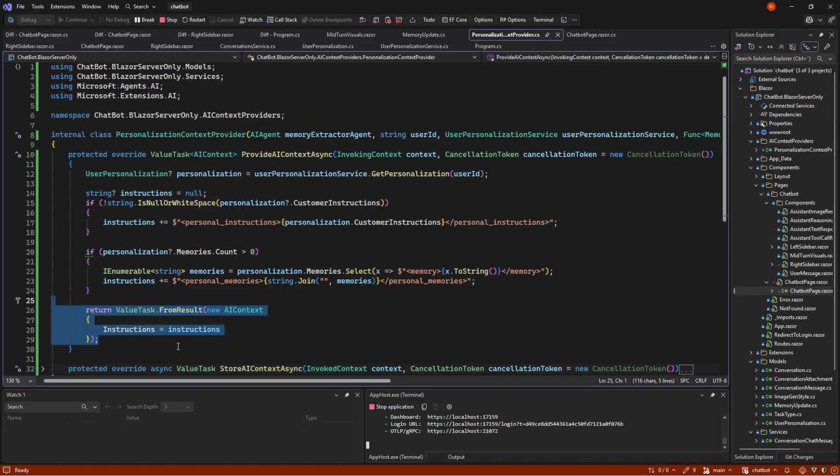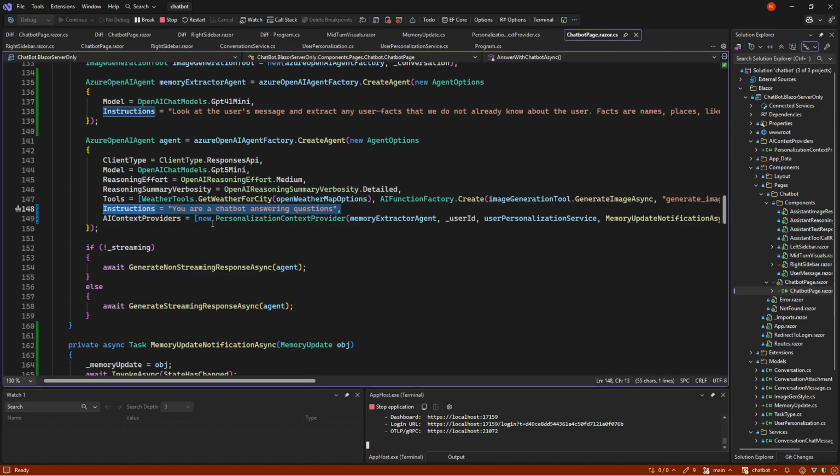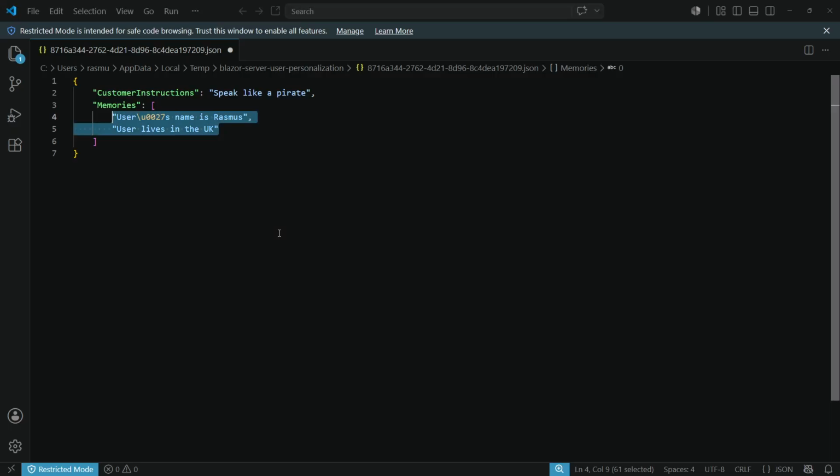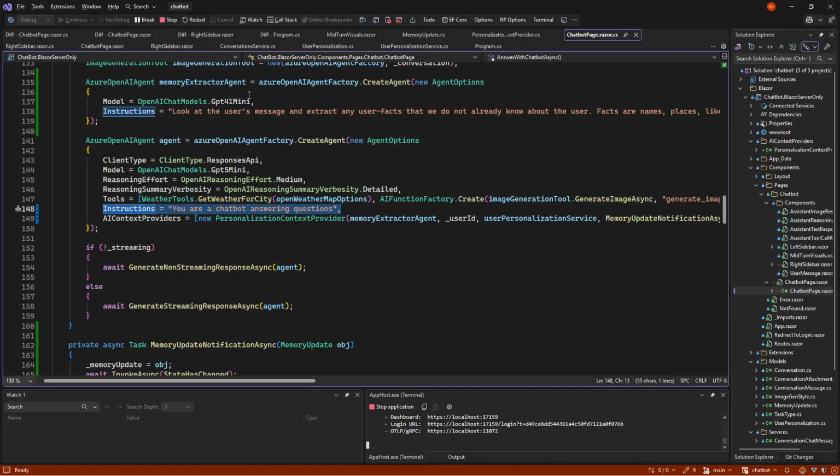So we have instructions, in this case: you are a chatbot answering questions. Speak like a pirate. User memories: user's name is Rasmus and lives in the UK. And if we give that information, the AI can respond to what is my name and where do I live and so on and so forth. And we'll do that in pirate speak because it's been instructed to do so.